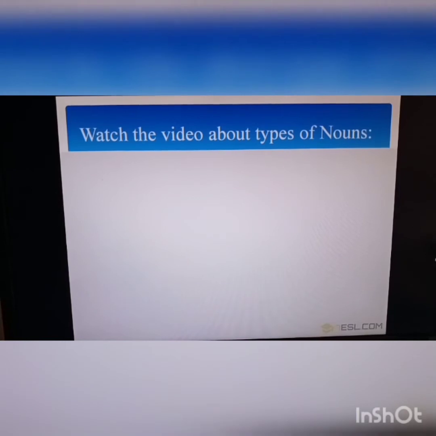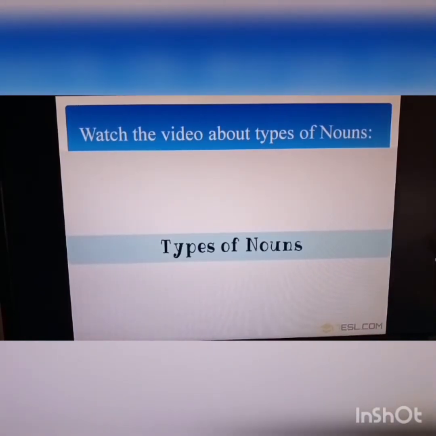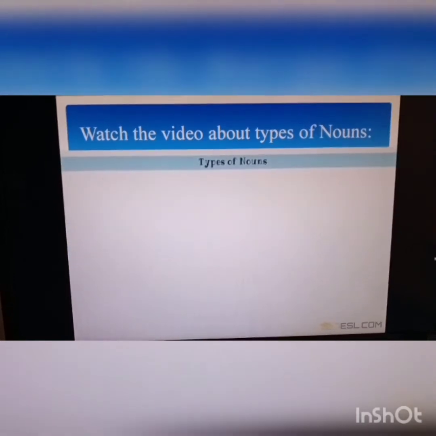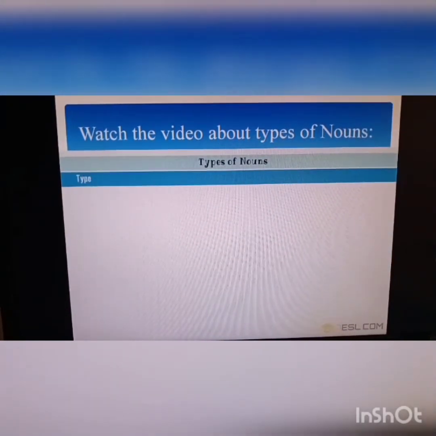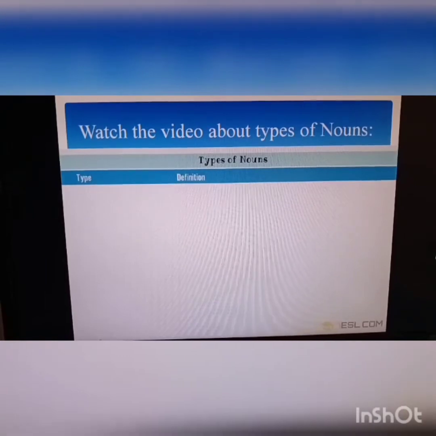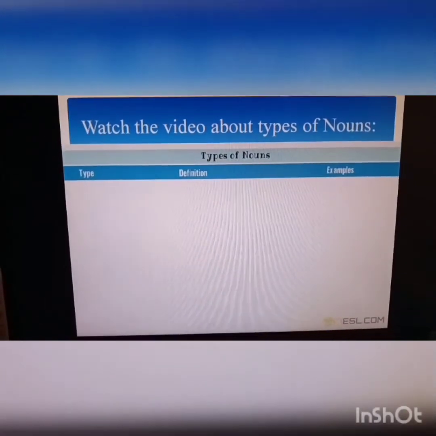At the beginning of the lesson, I'll give them a video to watch about types of nouns. Types of nouns: type, definition, examples.